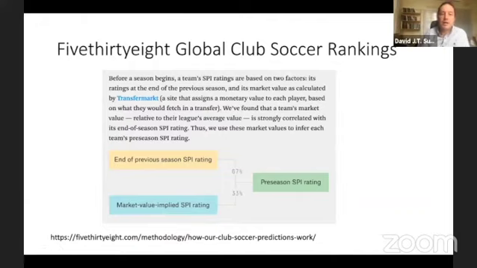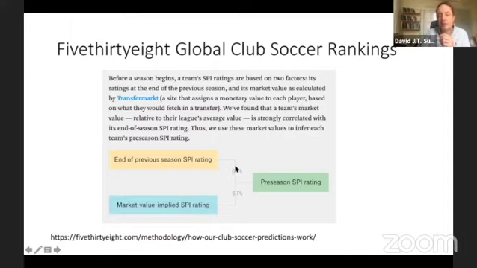What they do is they look a lot at the market value. So they have a base model, which is the market value of the team. Every year they've got the soccer SPI, the global soccer rating of the team. They do a linear regression of the total value of the team, the monetary value of each of the players totaled up, to try and predict in the future how well they'll do. So they predict their postseason ranking based on their market value.